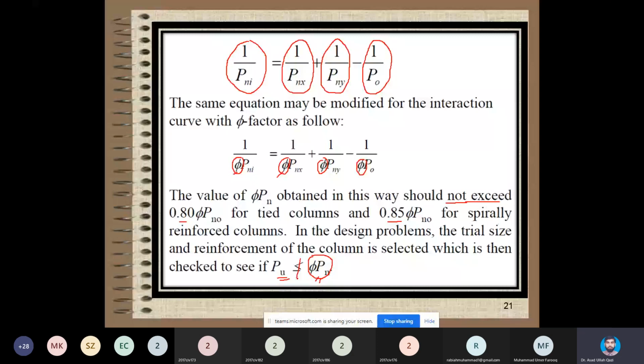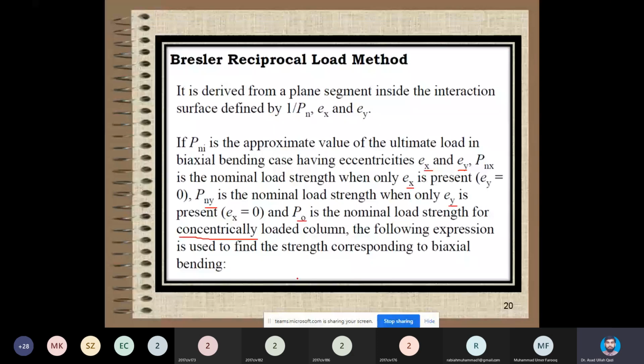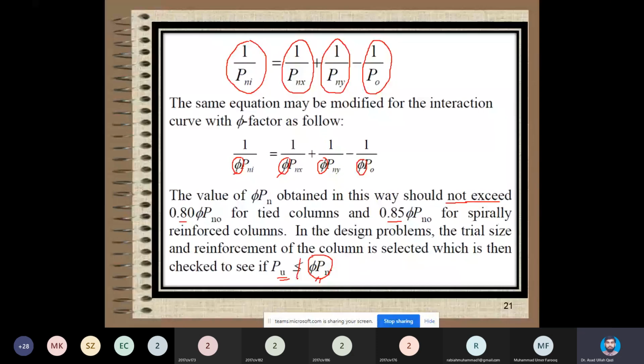So I copied these slides and text from the book Concrete Structures by Z.A. Siddiqui. So for more understanding, if you need to know in depth the development of this method, you may consult that reference book. So briefly in 2 slides, this method is explained here, and there are design problems which I will explain. And then I will also explain a few more points or limitations of this method.